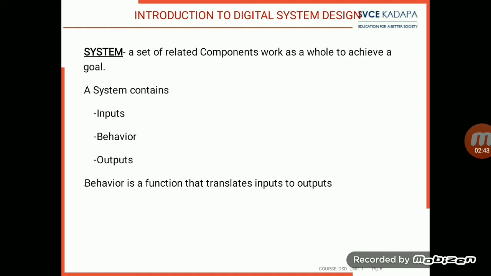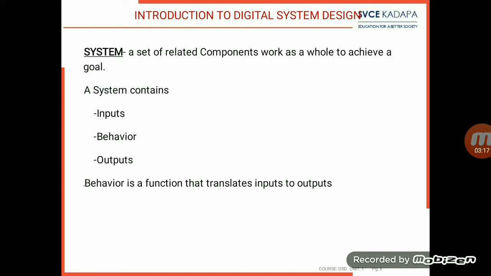At the same time, in order to design electronic circuits in a better way, digital system design is one of the key methods for effective design of all electronic components. So that is the need for going for digital systems. What is an analog system, what is a digital system, and what is design? First, let us know about these three parameters.